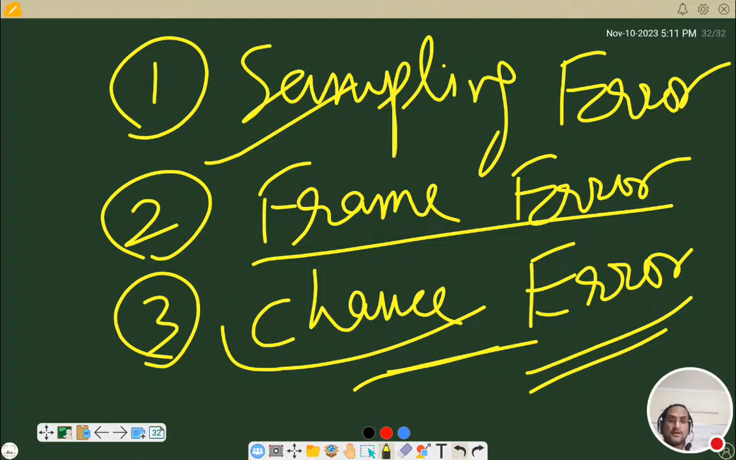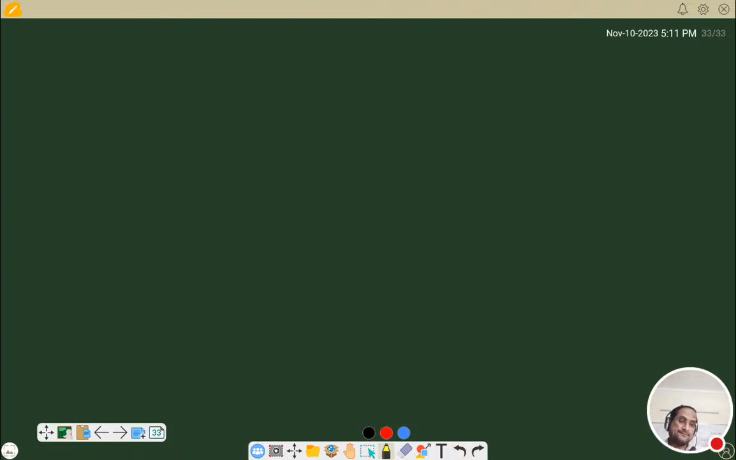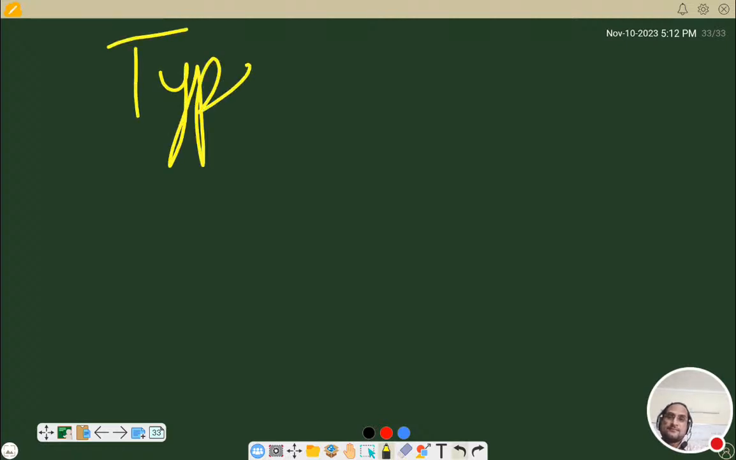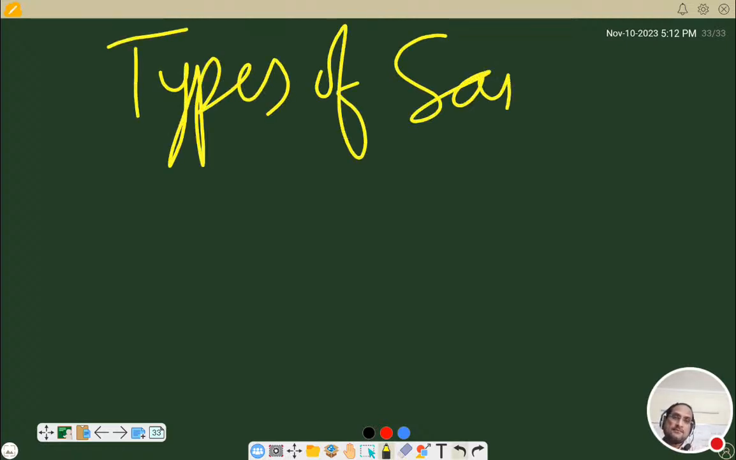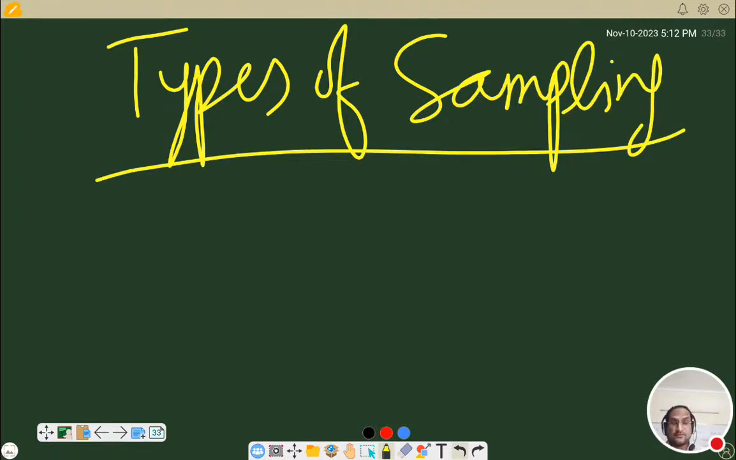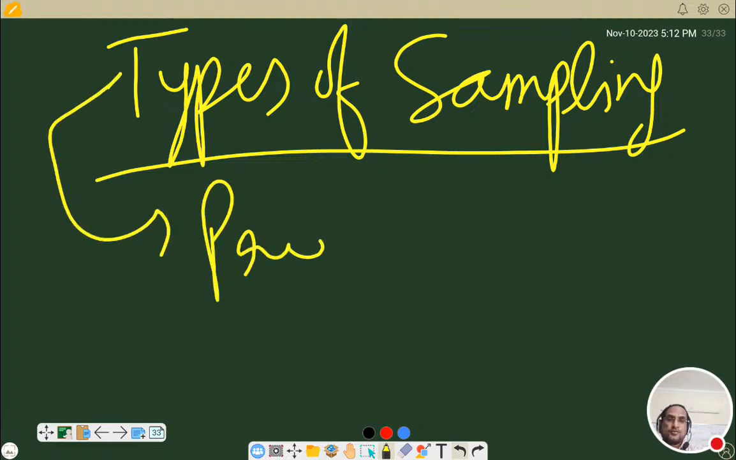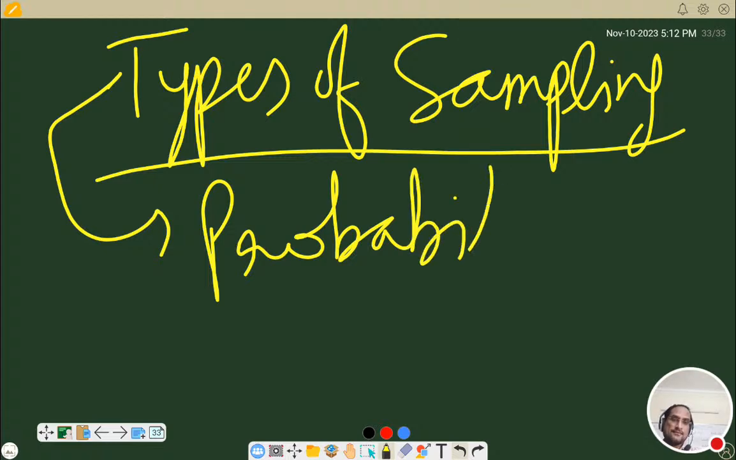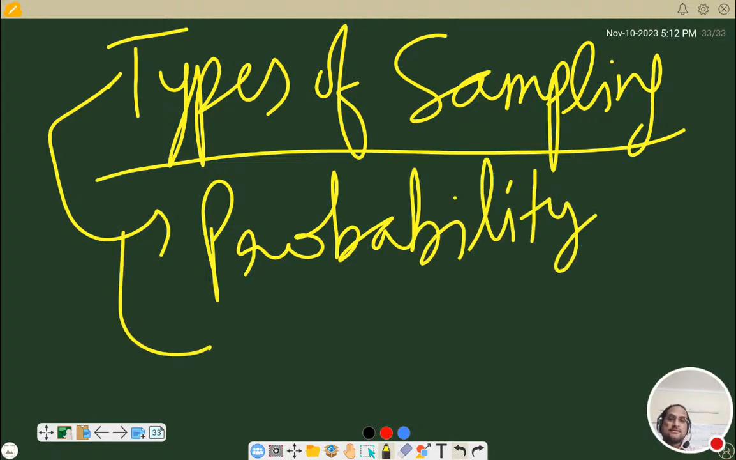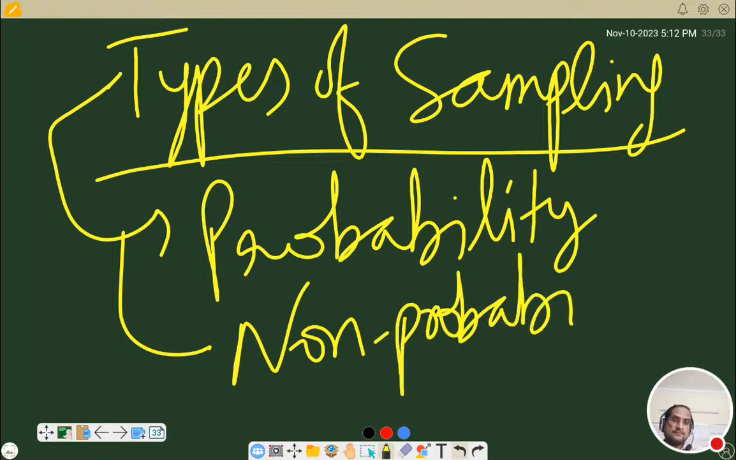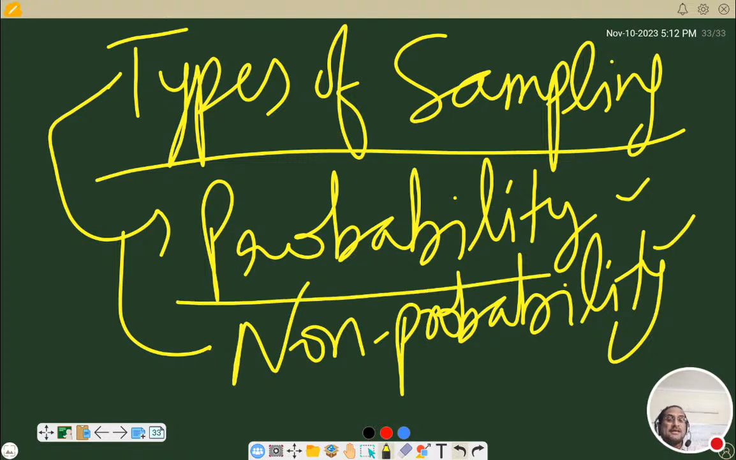Now, what are the types of sampling? Types of sampling. Basically, there are two types of sampling only. One is your probability sampling, another one is your non-probability sampling. What are these two? Probability sampling, as the name suggests,